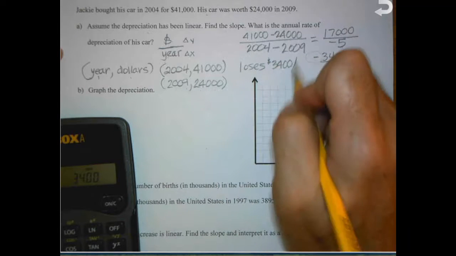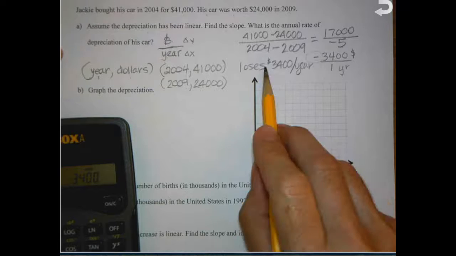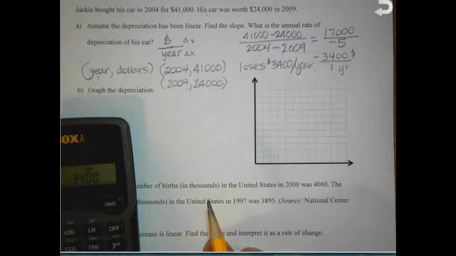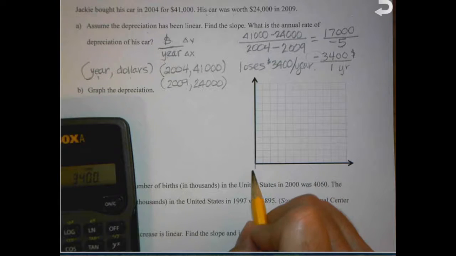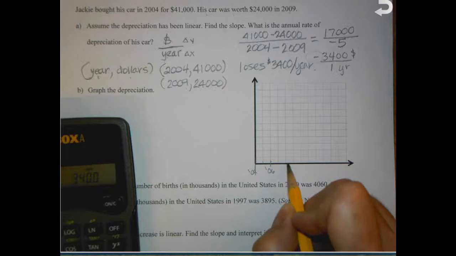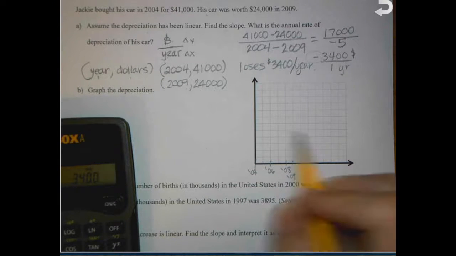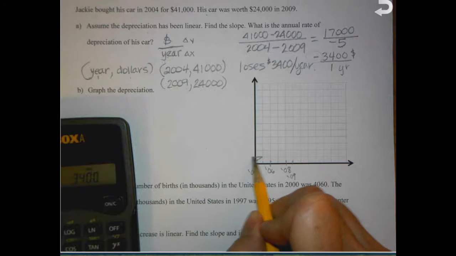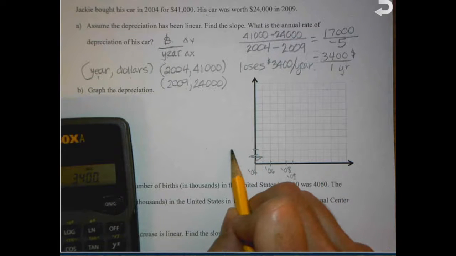$3,400 per year, because this is years down here and this is dollars up here, so dollars per year. And then if we want to graph that, our first value, which should go right on our y-axis, should be our first year, so 2004, and this should be 2005, this should be 2006, 2008, and there's our 2009 part. And then we can skip some data values, so we can put this little funny squiggly here to say we skip some numbers, and we can start right here at